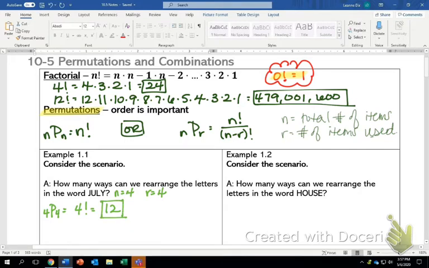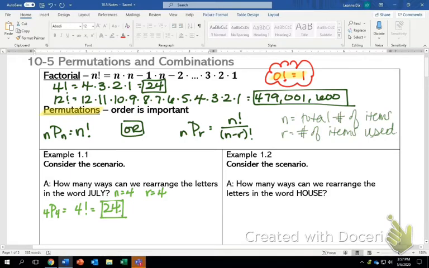Okay? Or, I'm sorry, not 12, 24. My bad. Not 12, 24. I really want to put 12. Okay, 24. All right, and then the next one says, how many ways can we rearrange the letters in